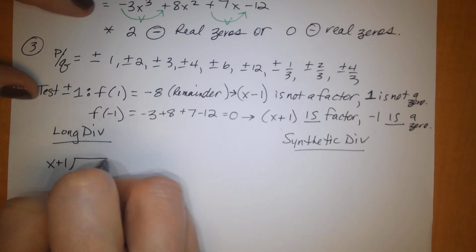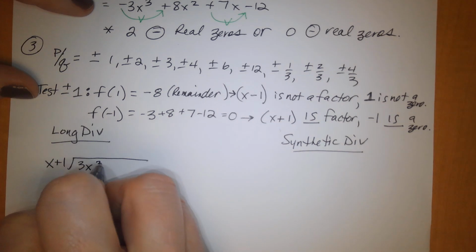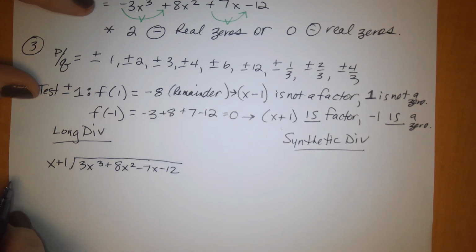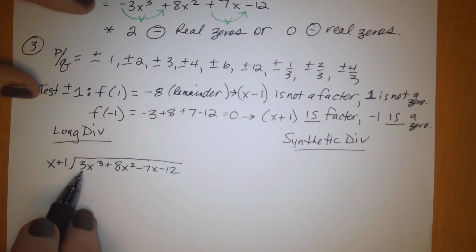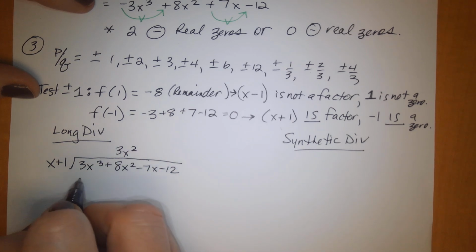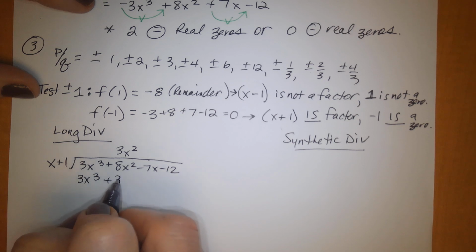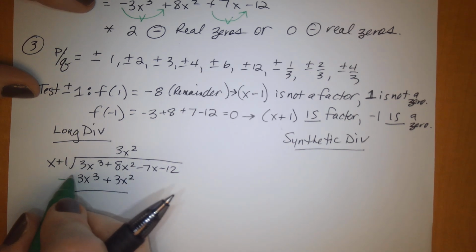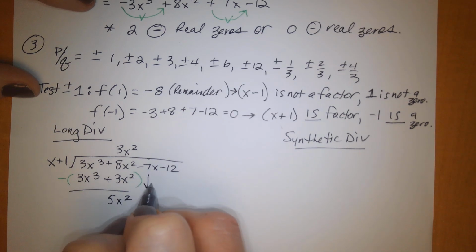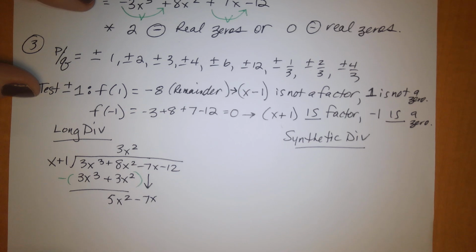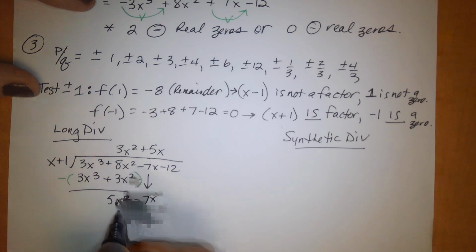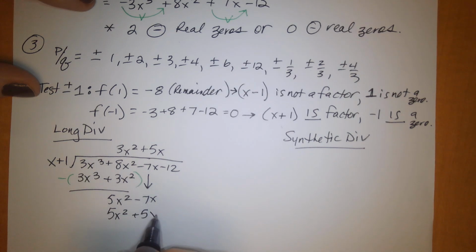So x plus 1 is certainly going to divide into 3x to the third plus 8x squared minus 7x minus 12. So let's do the division. X divides into 3x to the third, 3x squared times, and when I multiply, I get 3x to the third plus 3x squared. Then we subtract this quantity, which leaves me with 5x squared. Bring down the negative 7x. X goes into 5x squared 5x times. So when I multiply, I get 5x squared plus 5x